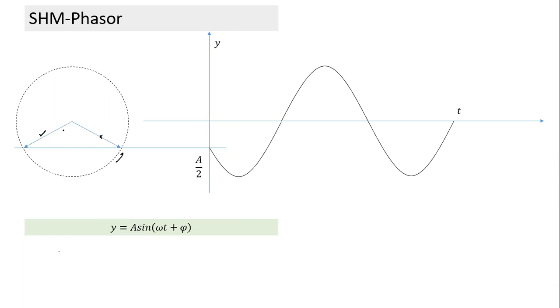And here the angle is 30 degrees. So this angle is 30 degree. So what is the value of phi I should write here? If this angle is 30, I always measure from here, either this way up to 180 or this way. So what should be the value of phi I should substitute here? That's the phase constant.